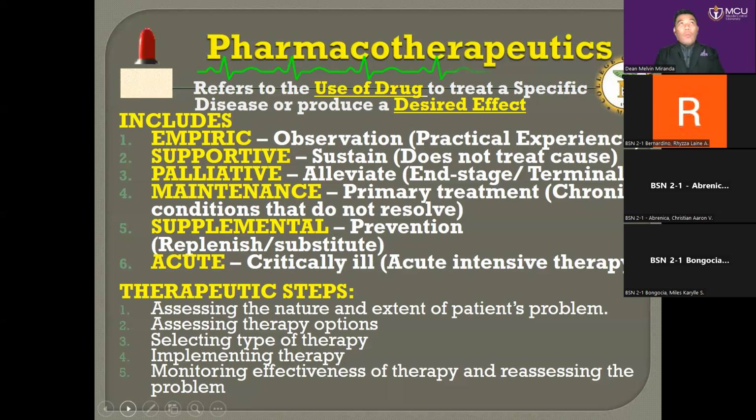Okay? So another situation, patient naman is not known diabetic, pero eventually the patient has a sudden increase of the blood sugar. So those are the situations that will really need to manage because it may lead to a possibility of complication. So ano yon? Supportive to sustain. So, yun yung mga circumstances na masasabi nating supportive kasi it supports certain situations that may need